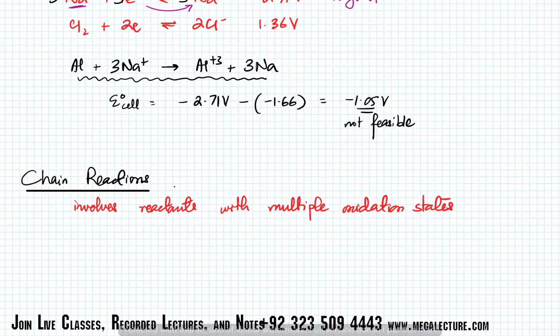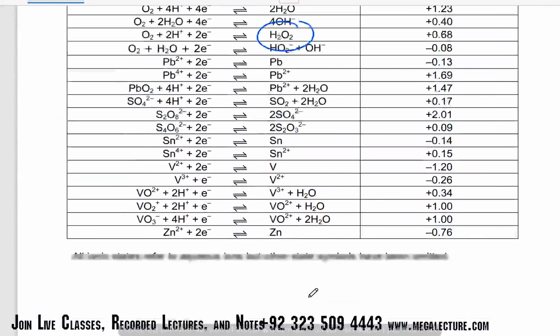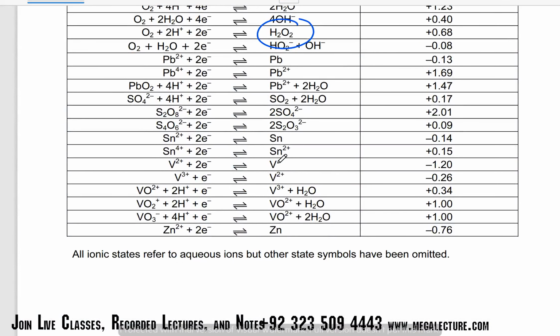So the reaction would probably not happen in one step. For example, tin might turn into tin 2 plus. And then in a separate reaction, the tin 2 plus can turn into tin 4 plus. So in chain reactions you're going to have multiple reactions. If tin wants to go to tin 4 plus, it's not going to happen in one go. Similarly, look at elements that have multiple oxidation states. Vanadium would first turn into vanadium 2 plus. Then in a separate reaction, it will turn into vanadium 3 plus. Then from vanadium 3 plus, it will turn into